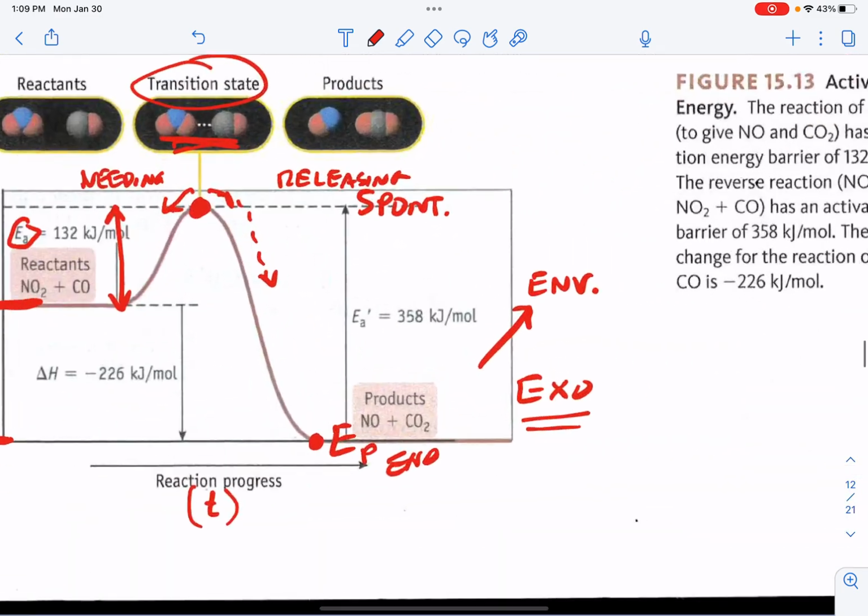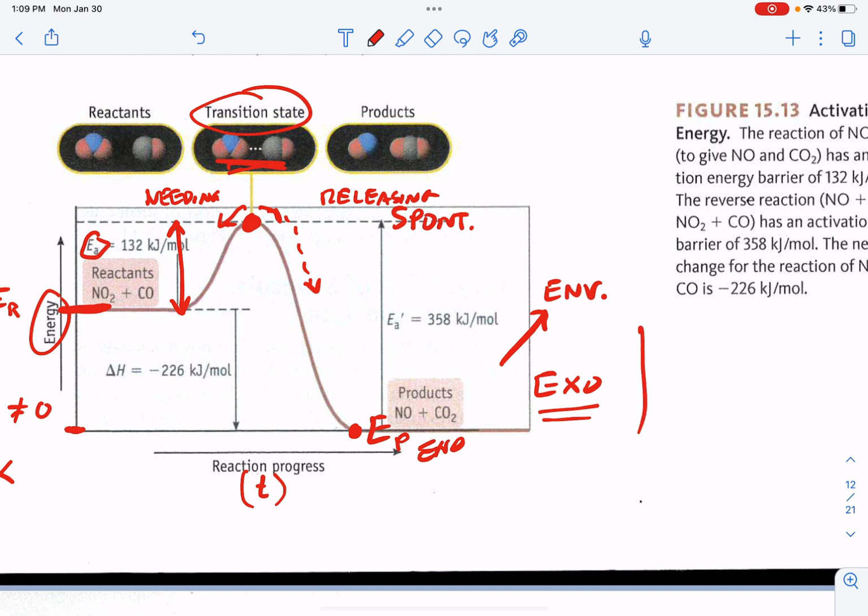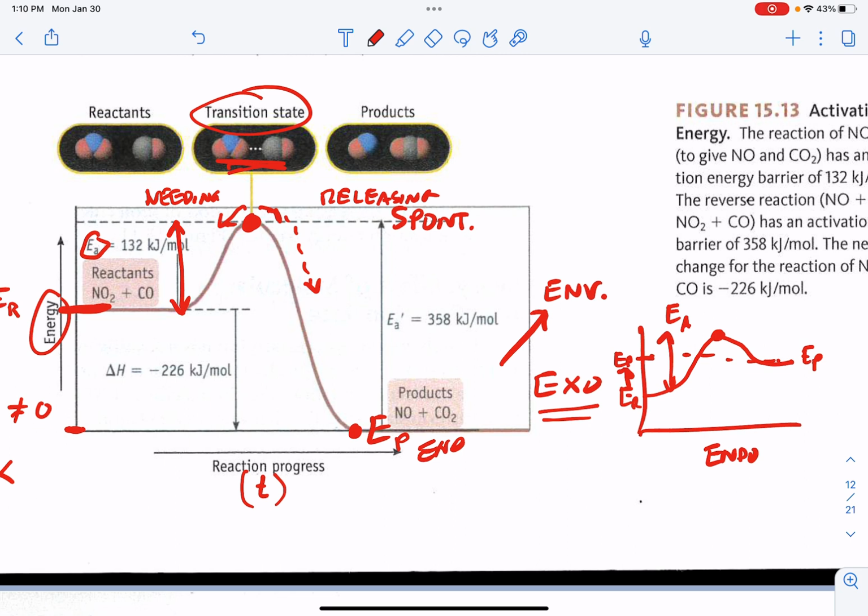Now you might say, well, what would a reaction look like for an endothermic reaction? And hopefully you see it would look something like this. There's my transition state. Here's my activation energy. Here's my energy of reactants. Here's my energy of products, right about there. You'll notice that we're increasing in energy. This would be endothermic. We could also say that for a reverse reaction, and maybe I need to go to